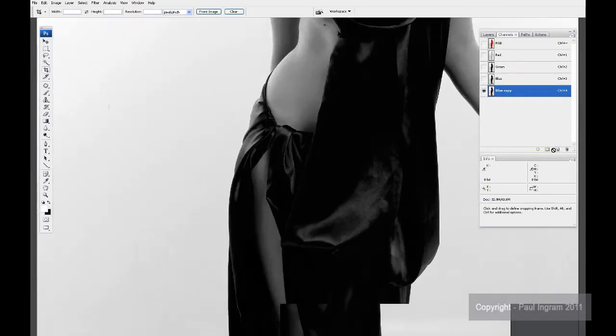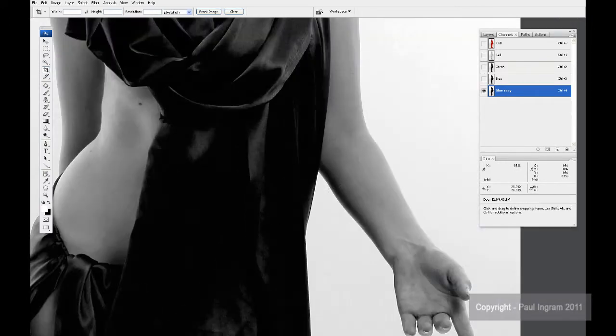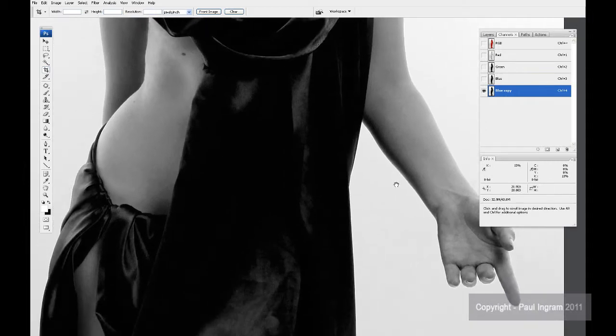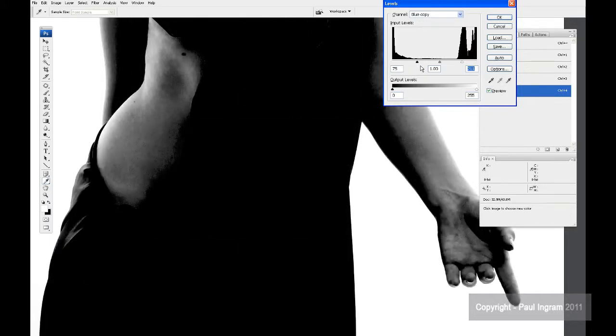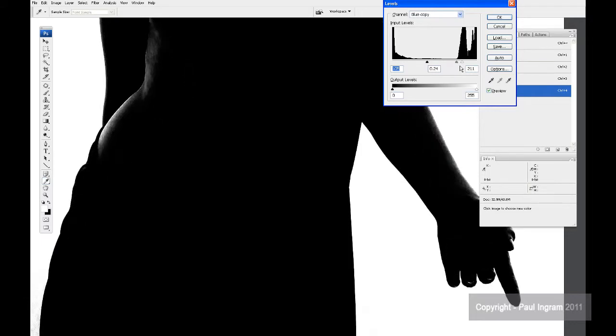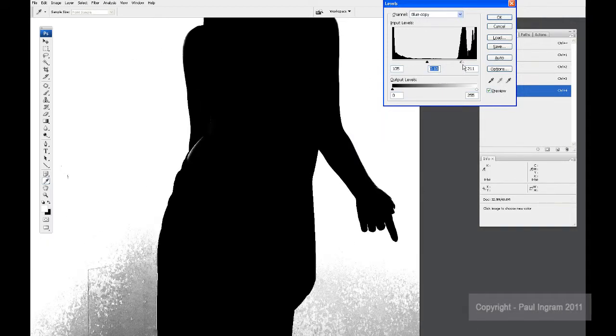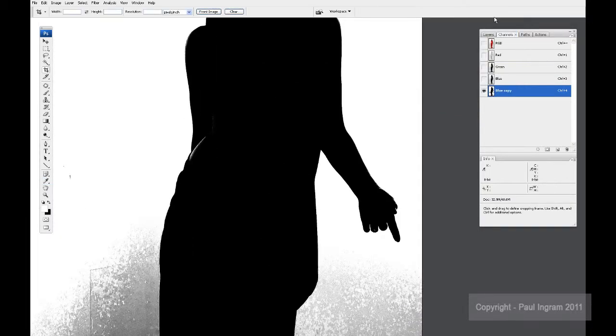Control and plus on the keyboard to zoom in. Now I'm going to start developing this channel for a mask, but I'm going to watch this area around the arm and the hand because we'll have to be careful about what's going on there. I'll press Control and L on the keyboard. So let's get the background white and the interior of the hand and arm black, like so. I'm just going to zoom out here a little bit, see what's going on with the image. I'll click OK. That's fine up to now,